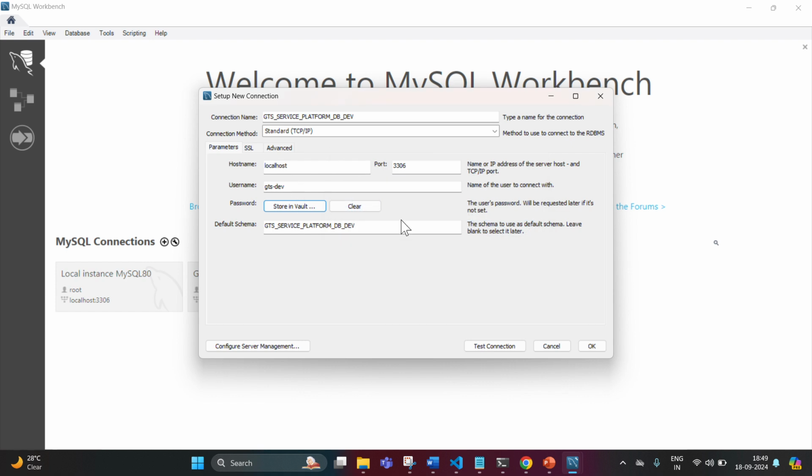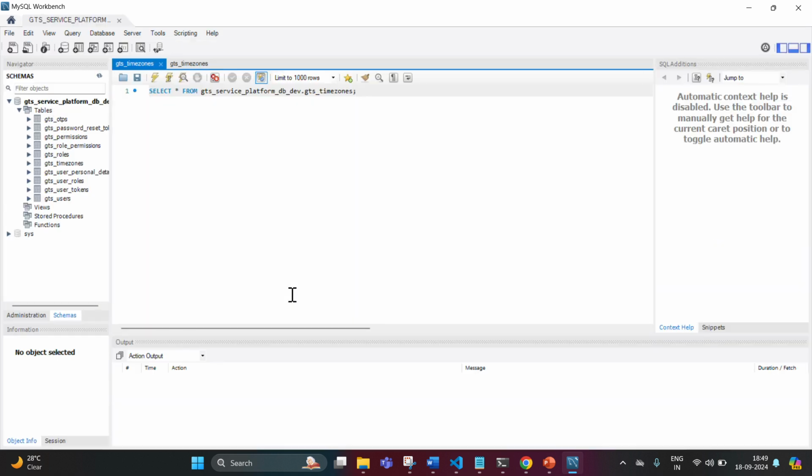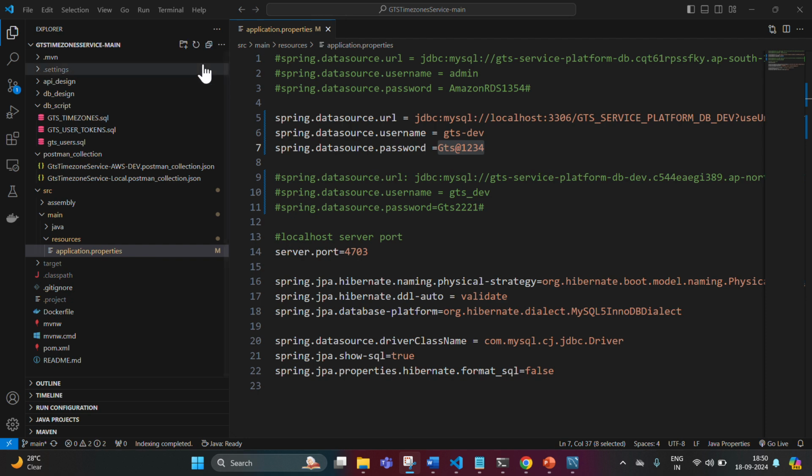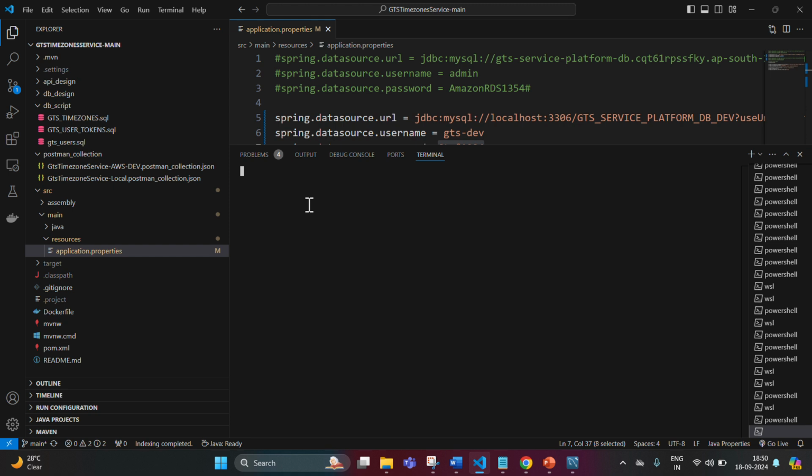Okay, you need to test your connection, then you have to click OK. The database will going to, after creating this test, go inside. So in this you have to create your database. So come to Visual Studio, go to terminal, new terminal,